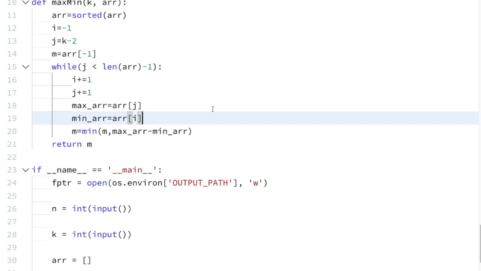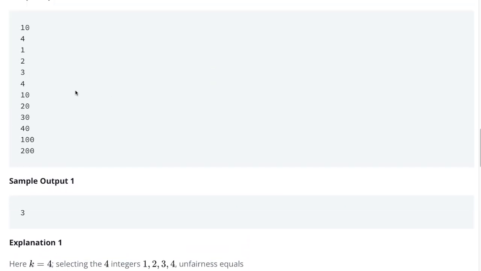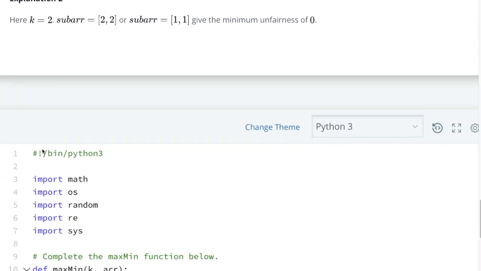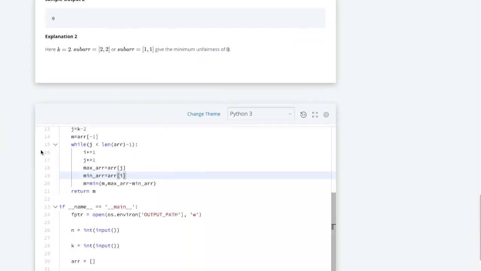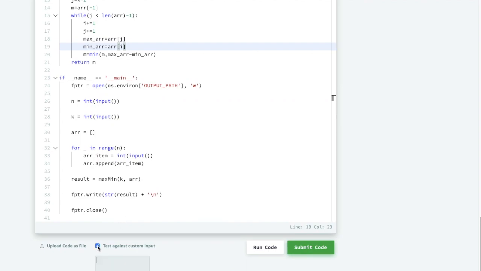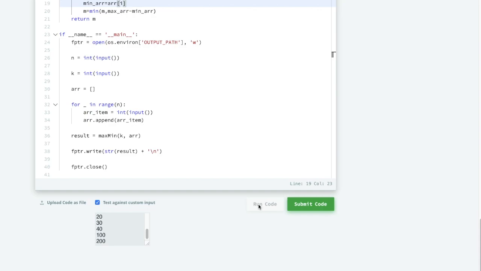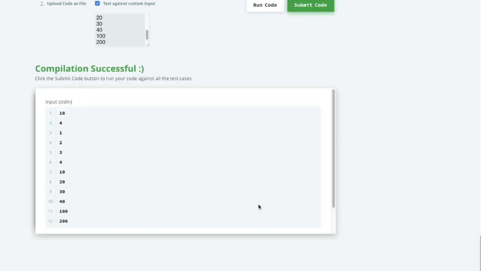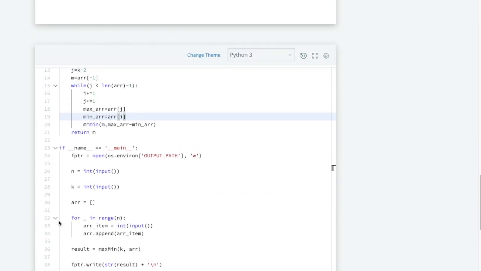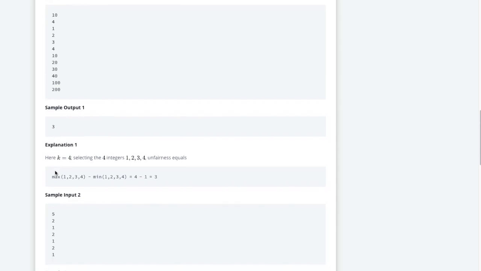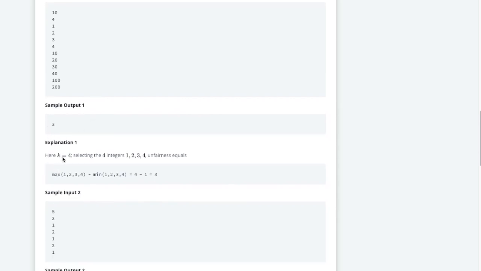Now we are done. So let us try this with a sample input. So you can see here we are getting the correct answer as 3 for k equal to 4.